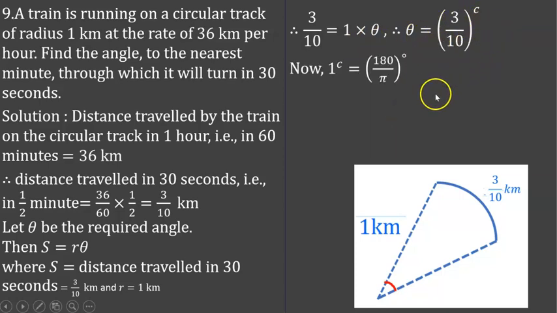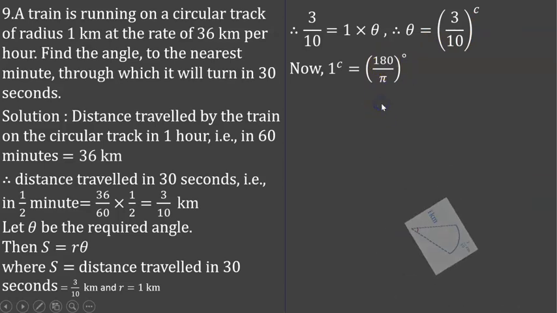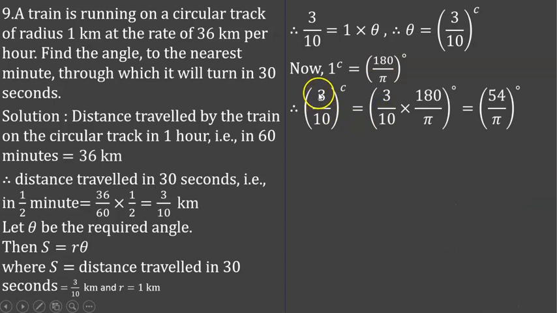Now convert this radian to degrees by multiplying by 180 upon pi, and you will get 3 by 10 radian is equal to 3 by 10 into 180 upon pi, and after simplification you will get 54 upon pi degrees. Now substitute the value of pi, that is 22 upon 7, then multiply by the reciprocal. Here you will get 7 upon 22, and after simplification you will get